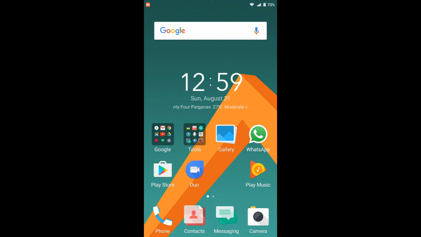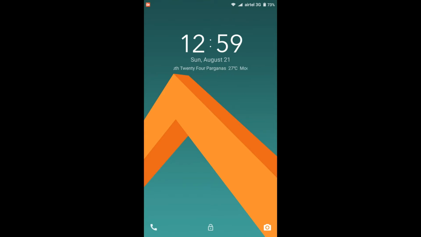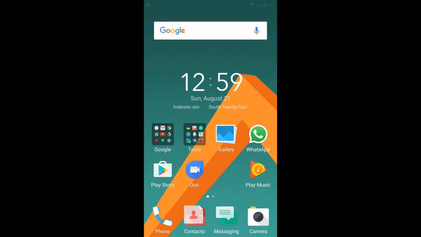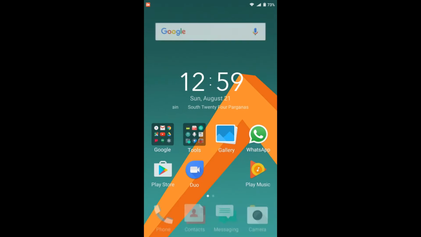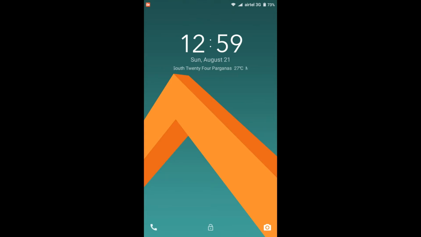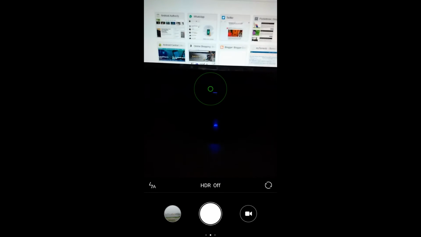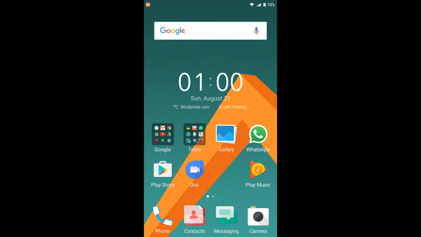In the lock screen, as you can see, there are three buttons which can be found in the native Android L, M or the upcoming N. Swiping to the right will take you to the dialer. Swiping up will unlock the screen, and swiping to the left will take you to the camera. These things were present since Android Lollipop, but still Xiaomi did not implement this in their MIUI versions, so we could not get it. But if you install this theme, you will be getting these things.